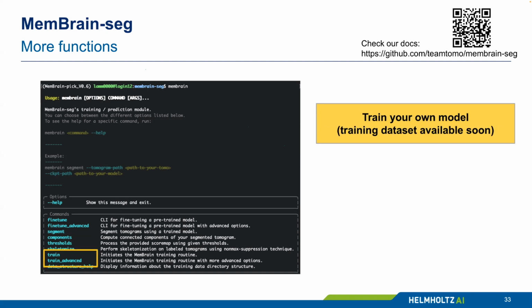Other functionalities, there's the training, of course, so that you would be able to train your own model. The thing about that is that, unfortunately, we haven't released our full training data publicly yet, which will hopefully happen soon. But once that is out, I think it should be very easy to just take the full training data set, combine it with some of your data, and then really train a nice generalizable model that is performing even better on your specific data.